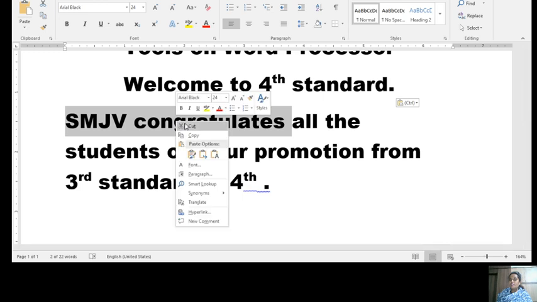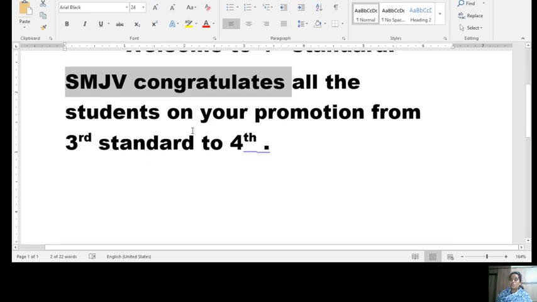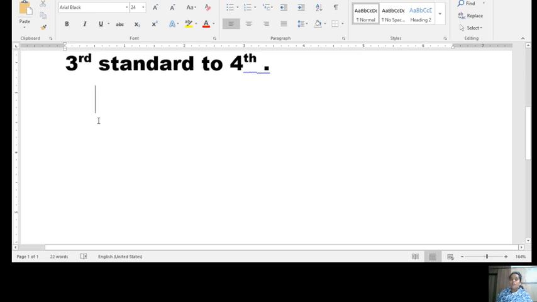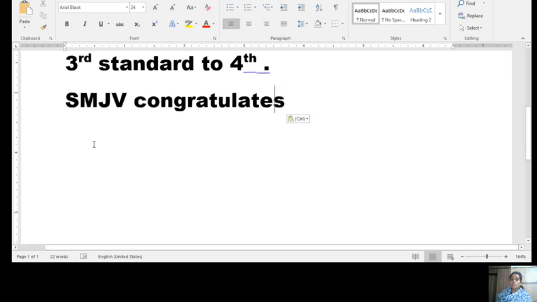Right click on the text, click on the copy option. Again, where you want to place the text, place the cursor over there, right click.